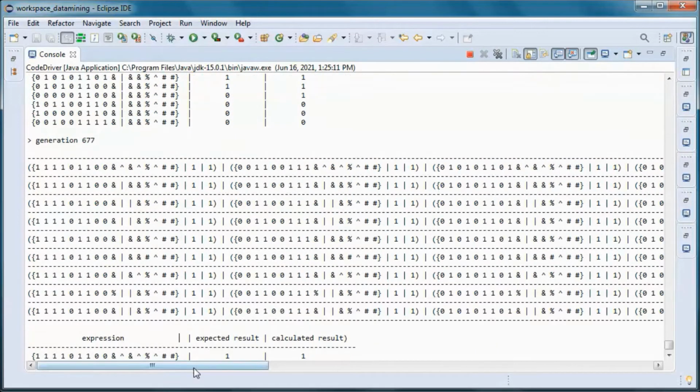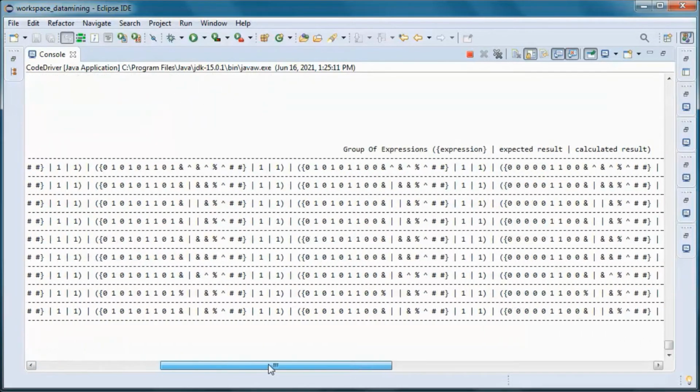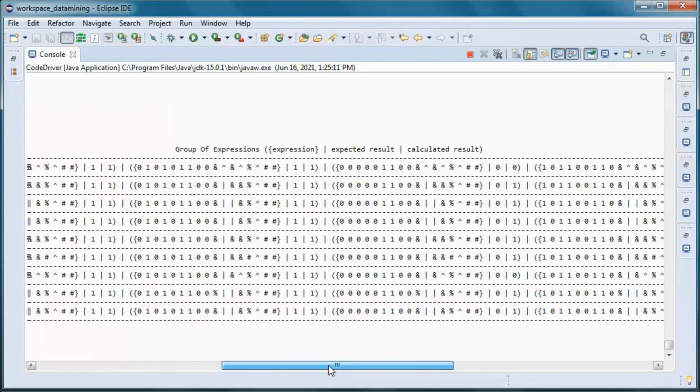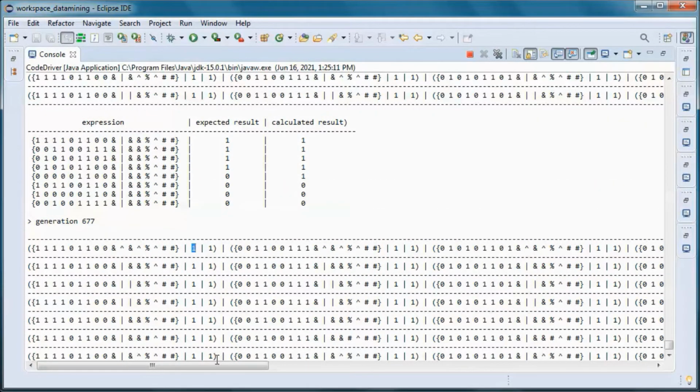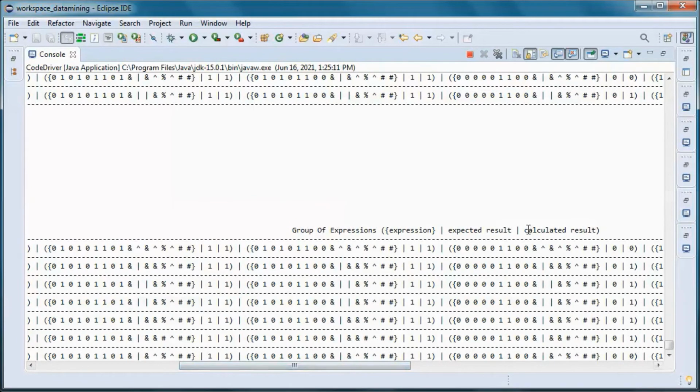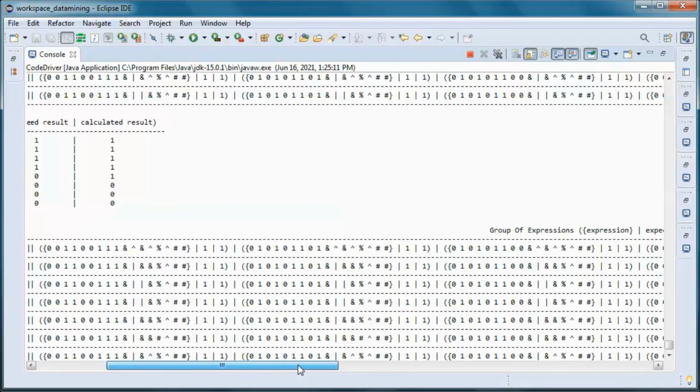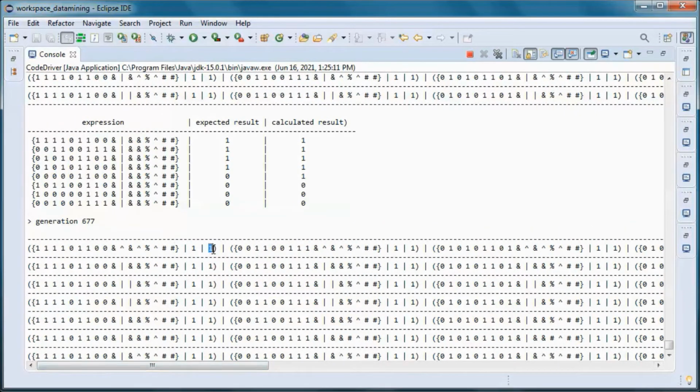So we have a population of group of expressions. So here we have the events and the formulas. So all of this in postfix notation, and this is the expected result, and this is the calculated result for each one of those expressions.